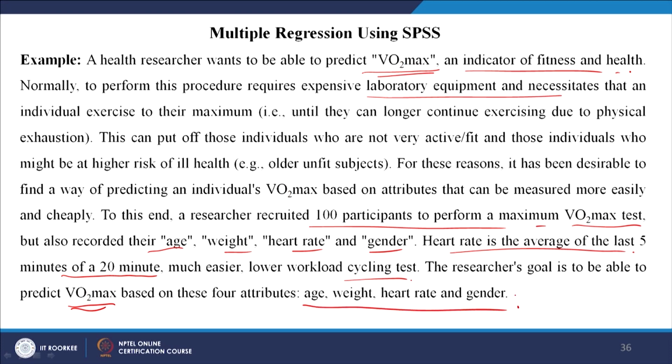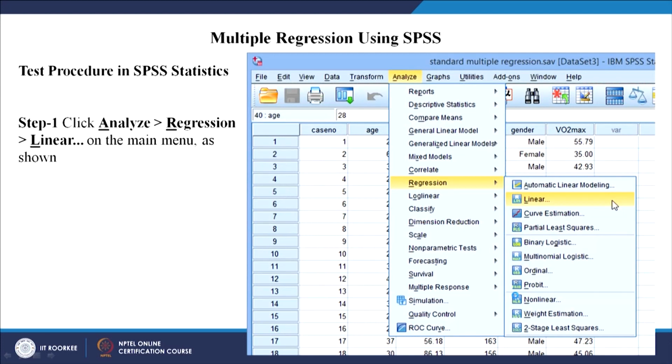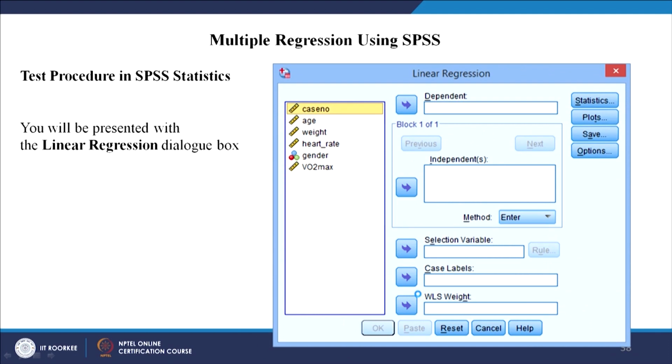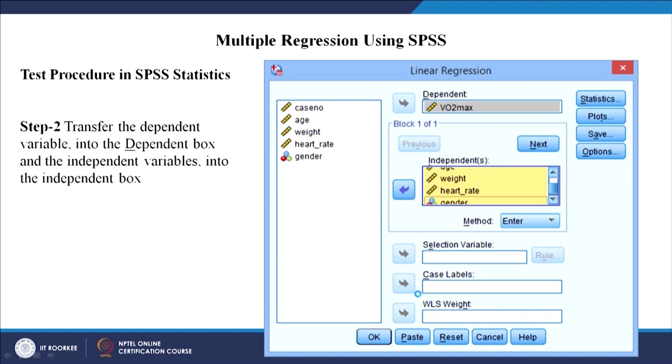Okay. Now, let us see this case. How do you do it? I am going straight away to the multiple regression case. So, how should you do it? I will show you through another example in this case. This is how you take it to the regression, so that problem you can also understand.